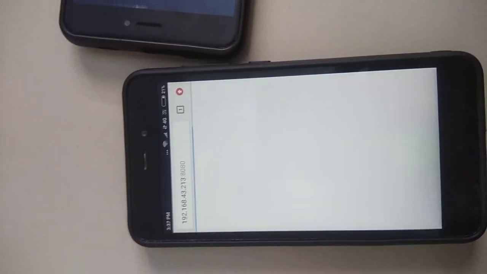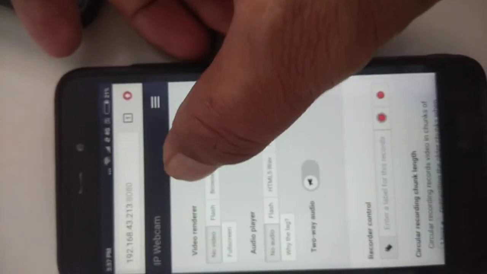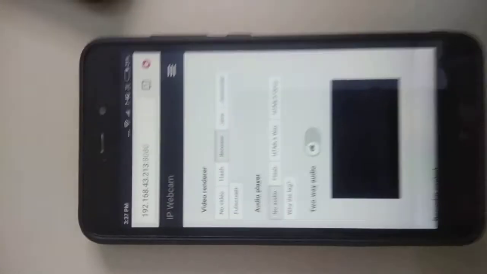Wait until it opens in the browser. Here you can see, and you just click on the browser. Here you will see whatever is being shown by this camera. Let us see, a boy watching a movie, that we can see from this camera. The same thing we have to observe here.